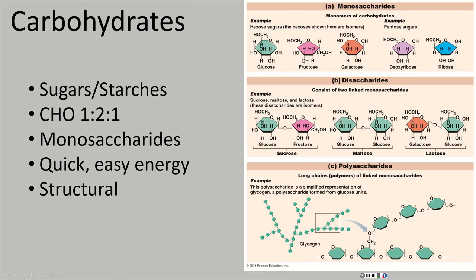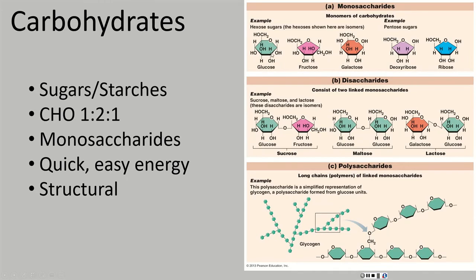Fructose is a 5-carbon sugar. We have 5 sides. Deoxyribose and ribose, they have 5 sides. Well, now there is some catch to that. This fructose, even though it has 5 sides, technically it has 6 carbons because there's a carbon kind of hidden away right here and a carbon hidden away right here. So it doesn't always follow that scheme, but as a general rule, the number of carbons is equal to the